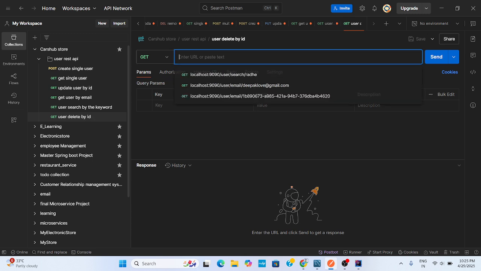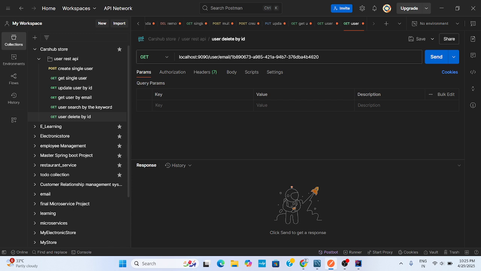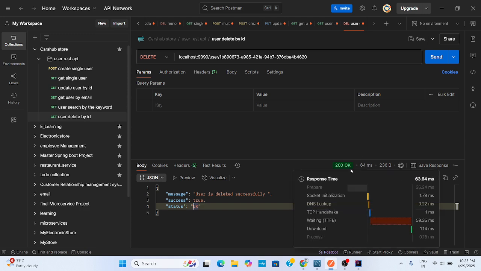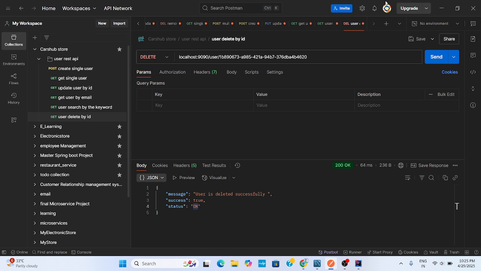The user will be deleted by the ID, so we will do a delete request. Yes, the user is deleted successfully. Success is true, with the status code. So all the REST APIs are working clearly.